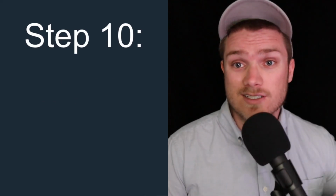And step number 10 is to pay off your mortgage. Paying off your mortgage, though optional, can offer peace of mind and freedom from debt. Consider this step if you're nearing the end of your mortgage and prefer being entirely debt-free. Some people may decide to prioritize paying off their mortgage higher on the list. This is often due to the desire for financial security and the peace of mind that comes with owning your